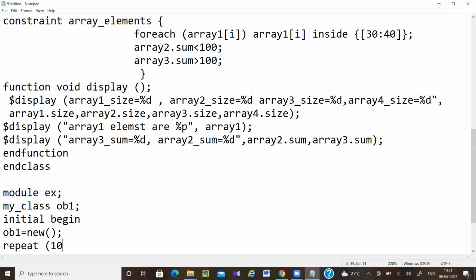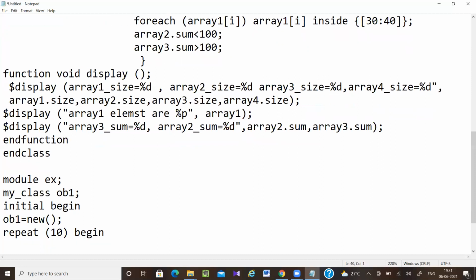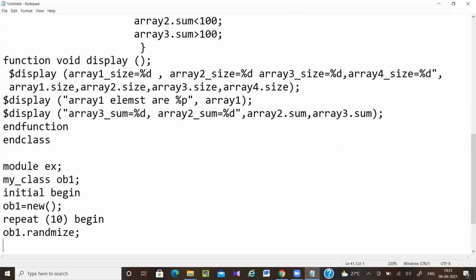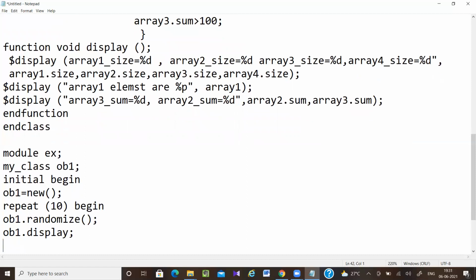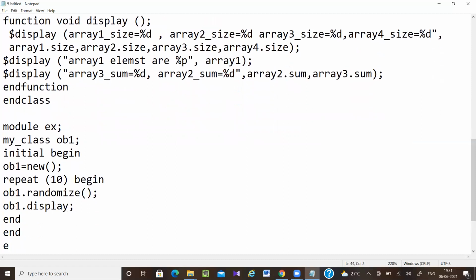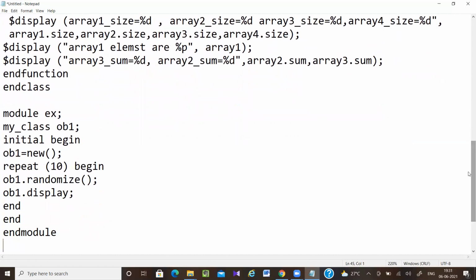Repeat 10 times: begin, object 1 dot randomize, then I'm calling the display function, object 1 dot display. Then end module.